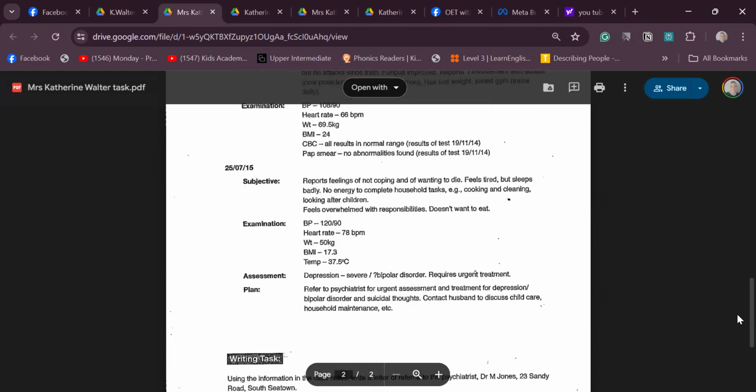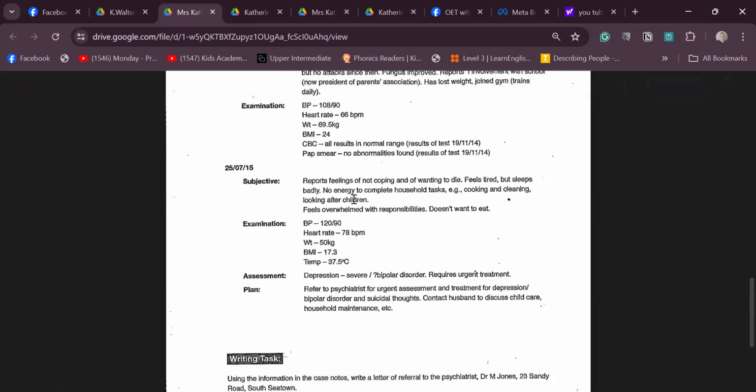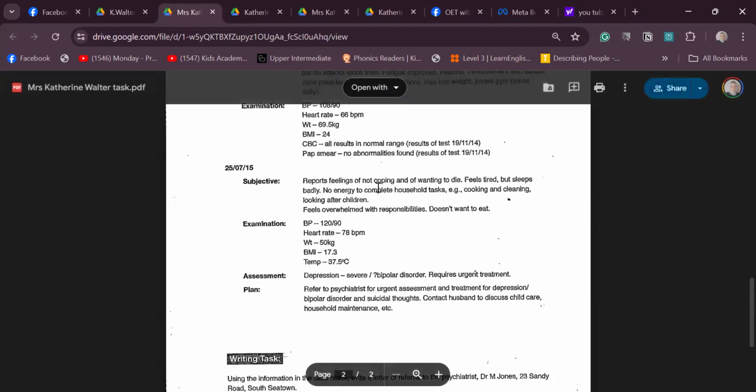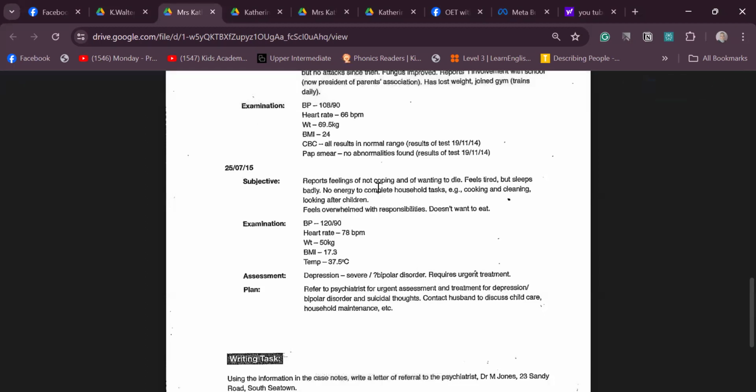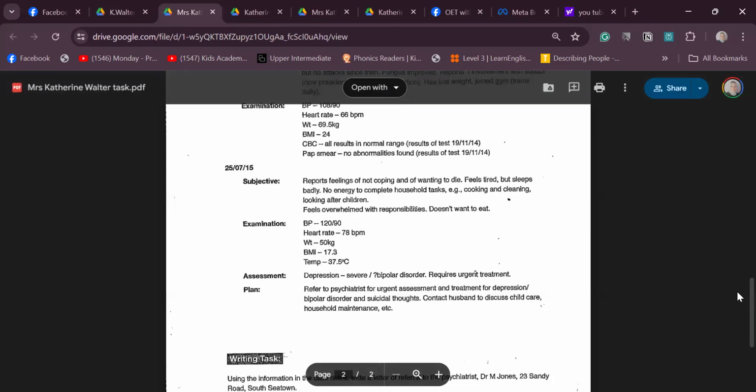Now you are going to read today's visit. It's very important to read it before you start reading the rest of the letter, because you need to know what the relevant data is that you are going to choose. This will help you 100% to choose the right and appropriate case notes, the relevant case notes for this task. So we will read